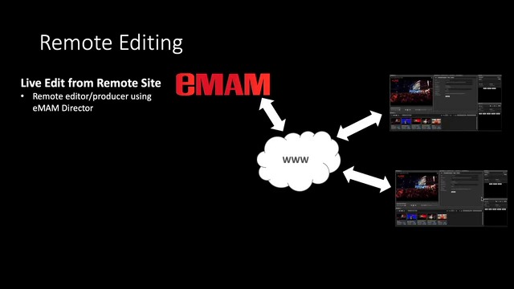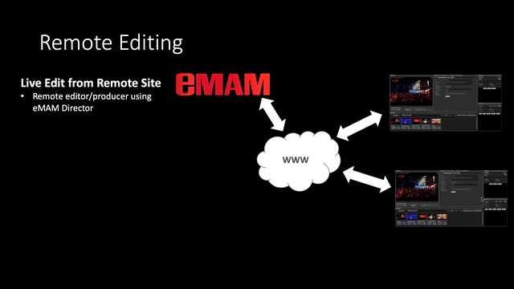Now, on the remote side, this is kind of interesting. With the eMAM system on-premise or in the cloud, you do also have the ability to have a remote producer or editor looking at the eMAM interface director and logging into the eMAM system, watching live feeds coming in, and actually creating those subclips and hitting delivery. So on the remote side, you could actually go in and create those subclips, deliver those subclips, and then away you go.